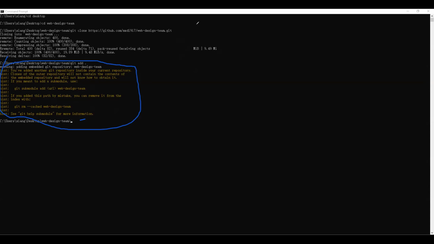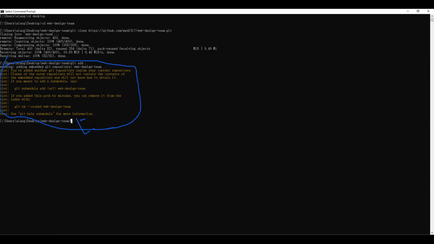For some reason I can't. Okay. I can't control your screen, but I can annotate. So git add. Yeah, that's correct. Just keep going. Oh, wait. Okay. Hold on. So I think I know what's going on. You added another git repository.